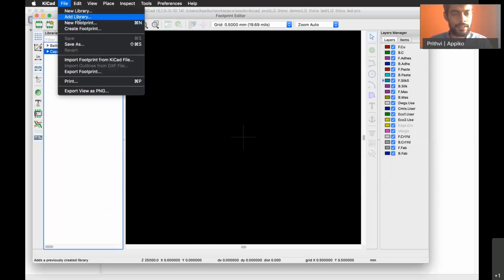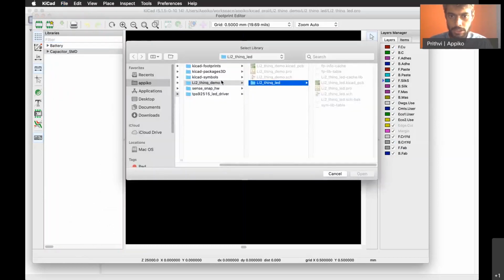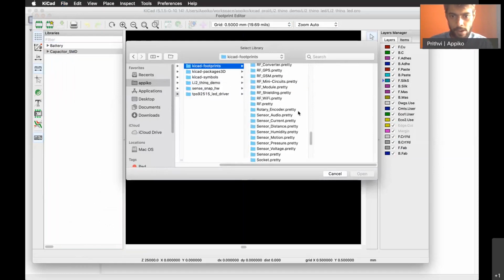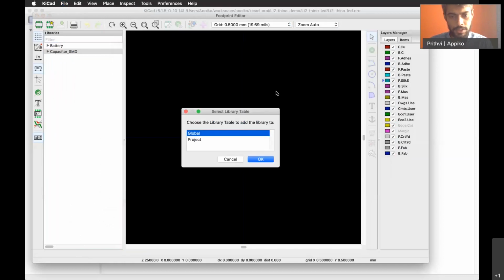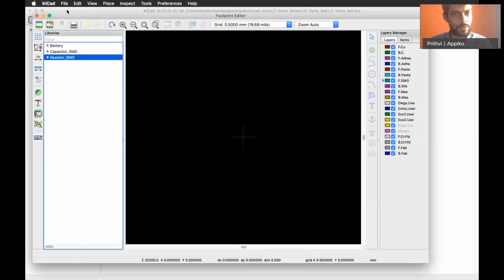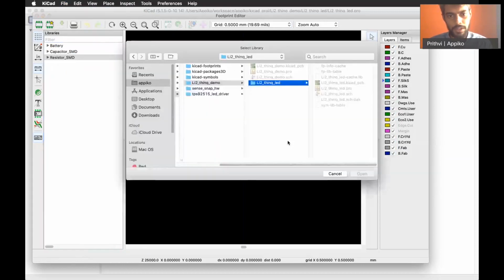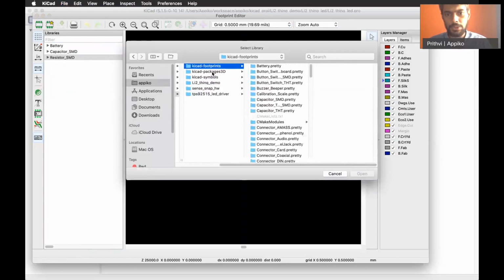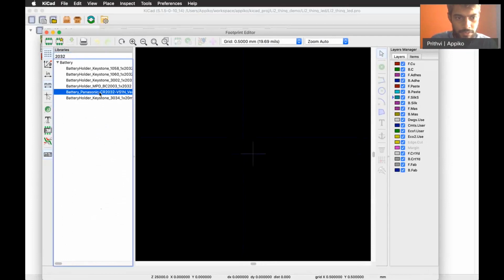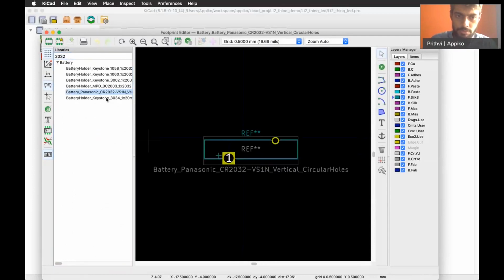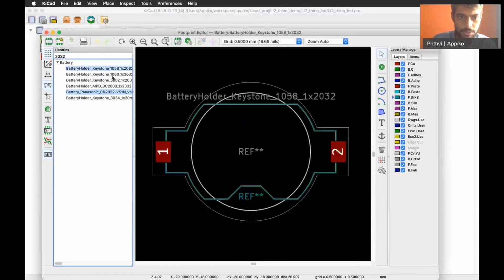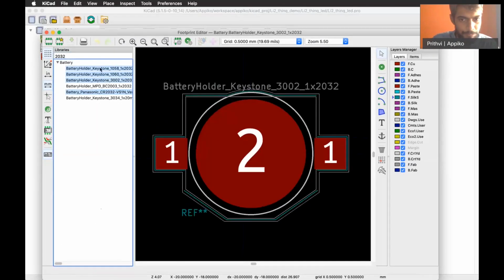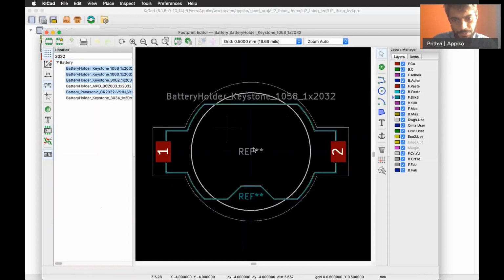We'll need the resistor, and again use SMD. And we'll use a LED, that we'll use a through hole LED. Let's say we will use a 2032 holder, so we'll see various options. So let's go with this particular option, which is usually easily available in various stores.